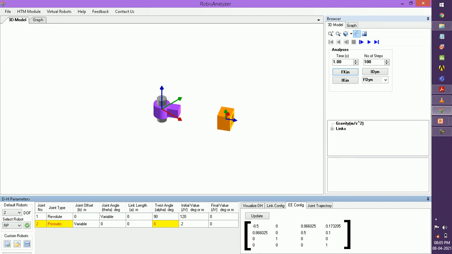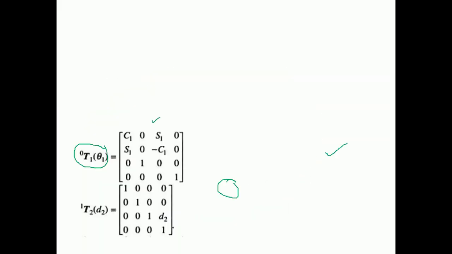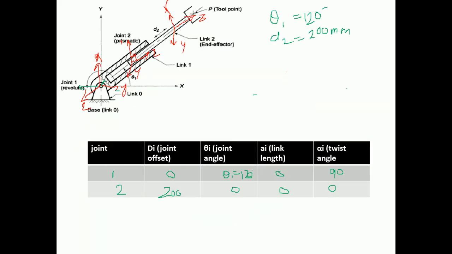With respect to this table, as you change the robotic configuration to revolute, prismatic, prismatic, prismatic, revolute, revolute, this table is going to change. Now the parameters which we found with respect to our question, I am going to switch my screen so you can see the parameters which we found out.